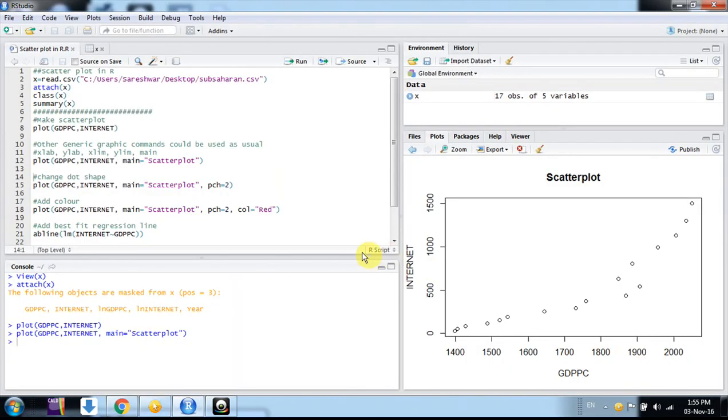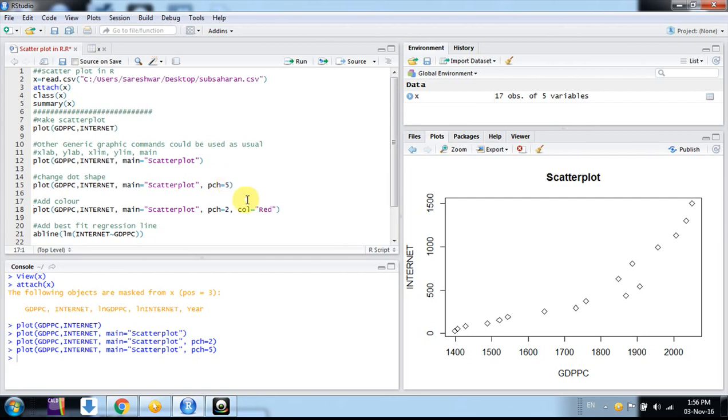So now what else can we improve here? We can change the shape of these dots. In R the argument is pch. So you can use 1, 2, 3. Suppose I say it's 2. I'm having this, so we can see the changes. They are now triangle shapes. If I make it 5, it's different. In this way we can change the shape of dots in the scatter plot.